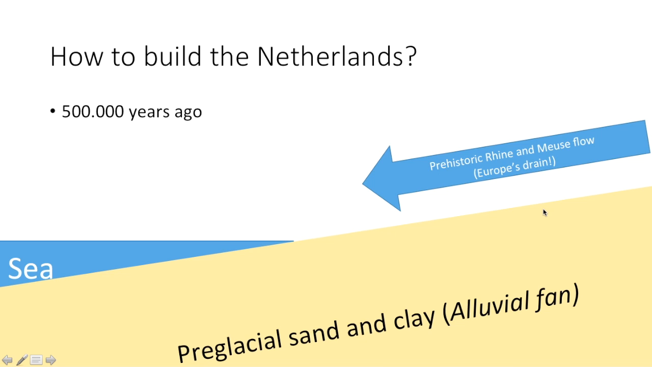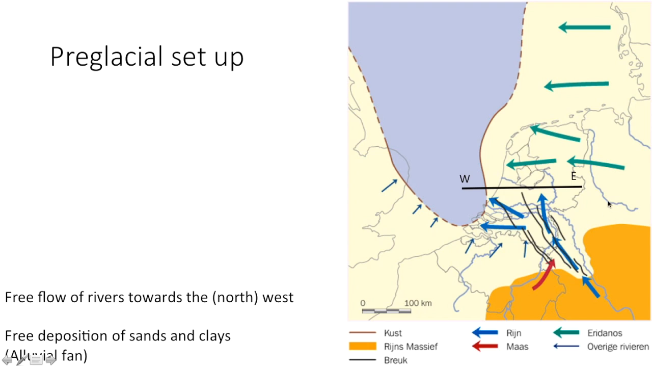The pre-glacial sands and clays are called the alluvial fans. This is our basis. This is where we're going to start looking at the Dutch landscape. This is our starting point. Slightly higher in the east because it's farther away from the ocean,